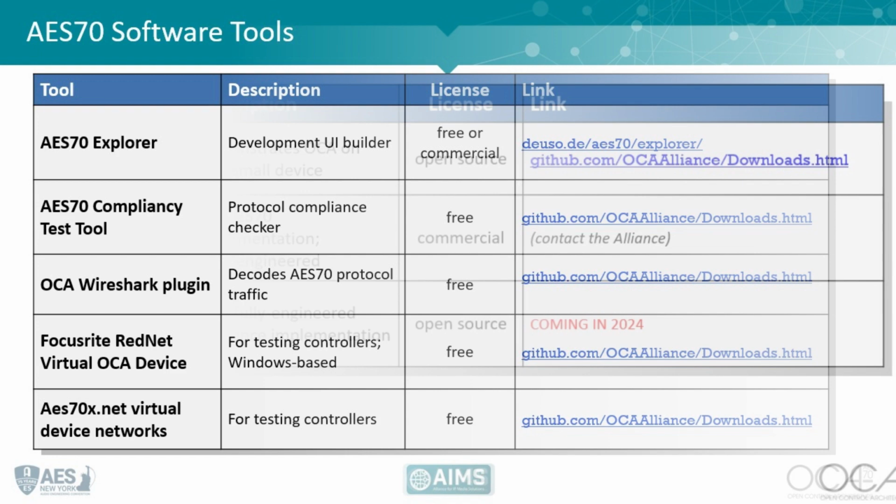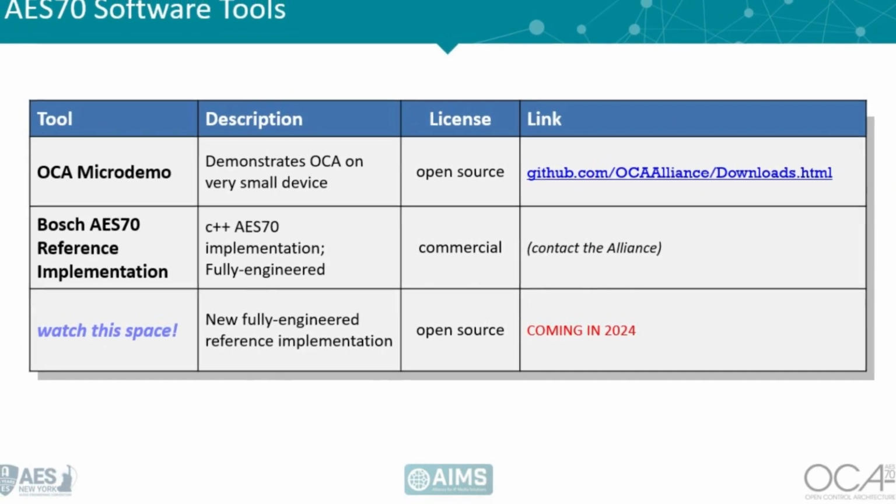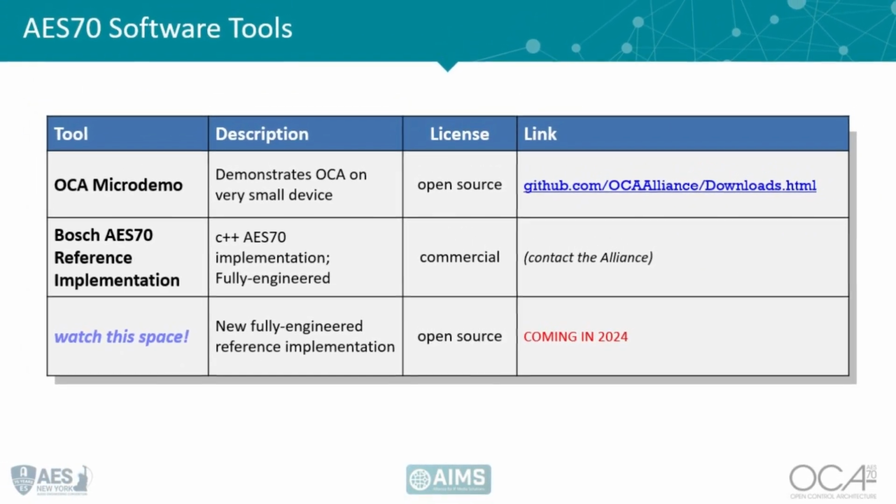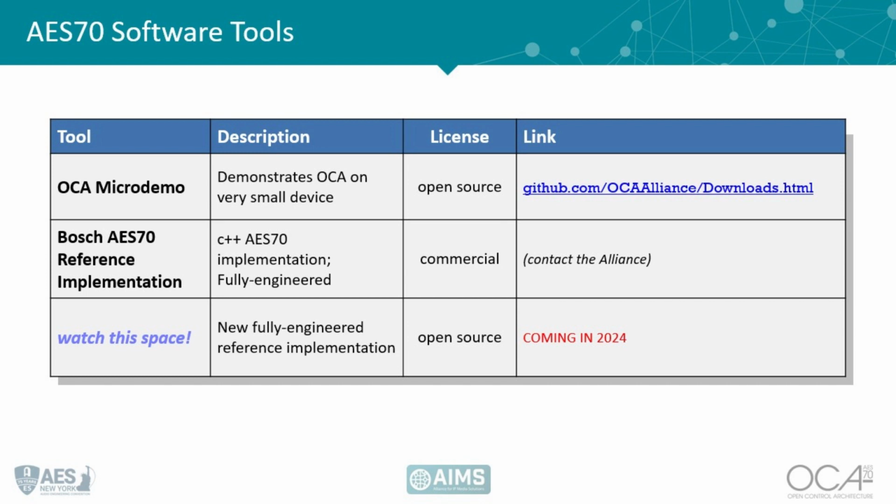There's what's called the micro demo. This is what I alluded to before: a little hardware and software design we did that demonstrates that you can run OCA on a really small ST micro. But that's a few years old. Since that time, I think there's an ESP8266 implementation of OCA, and there's Raspberry Pi. Raspberry Pi is way more powerful than you need for OCA.